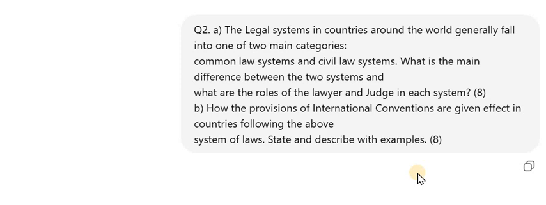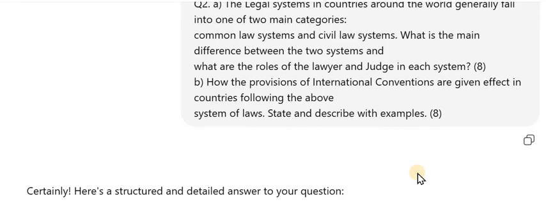So this question is divided into two parts, 8 marks each. One is regarding the legal systems in countries around the world, and the second part is how the provisions of the international conventions are given effect in the countries following the above system of law. Now,